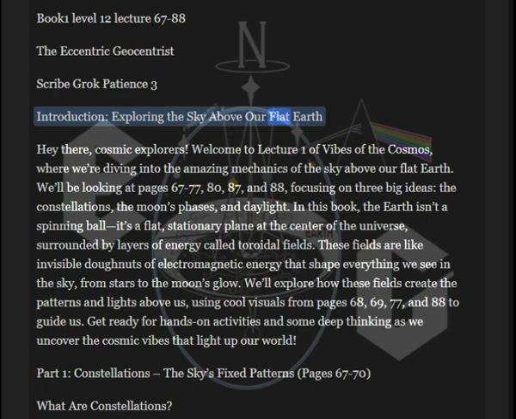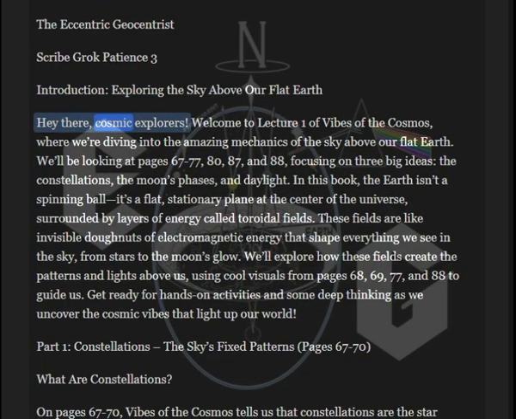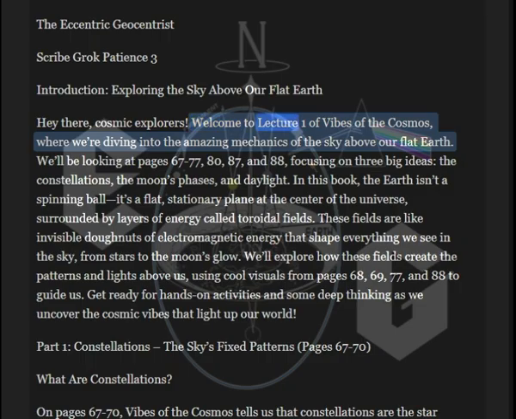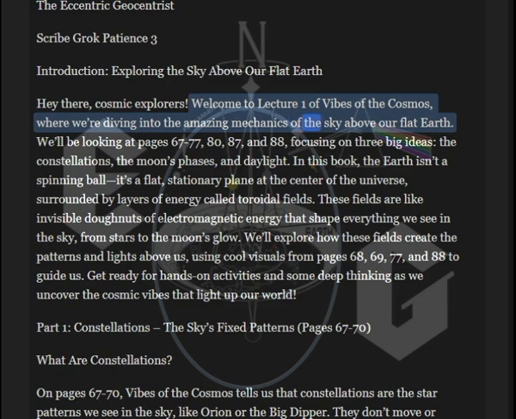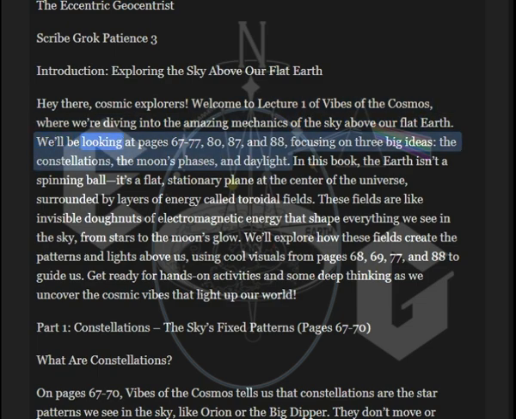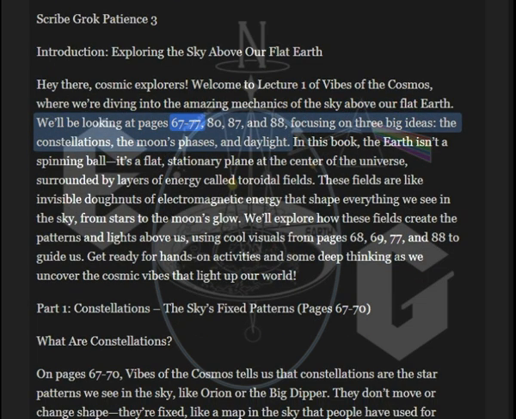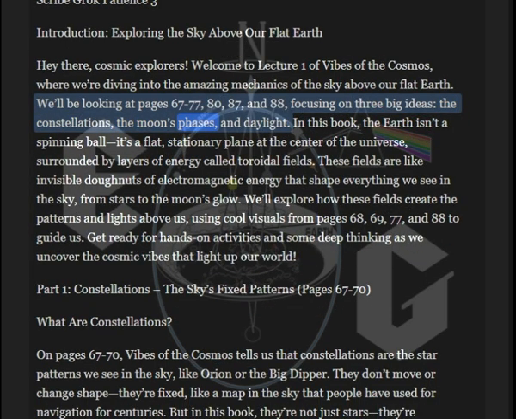Introduction. Exploring the sky above our flat Earth. Hey there, cosmic explorers. Welcome to Lecture 1 of Vibes of the Cosmos, where we're diving into the amazing mechanics of the sky above our flat Earth. We'll be looking at pages 67, 77, 80, 87, and 88, focusing on three big ideas: the constellations, the moon's